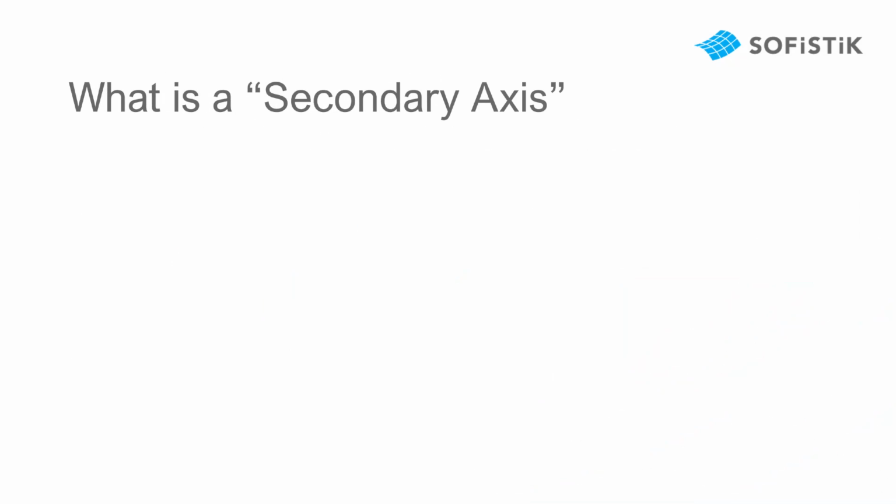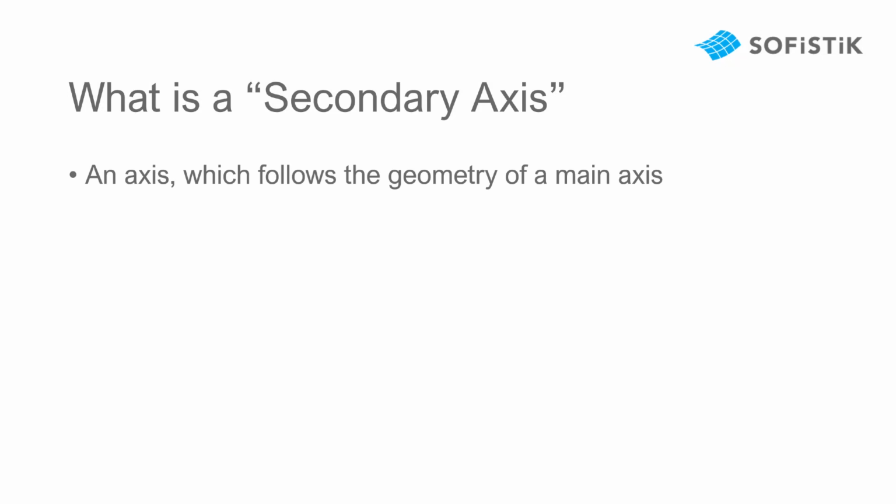Let's start by explaining what is a secondary axis. A secondary axis is an axis that follows the main geometry of the host axis. So this is the axis that you see in blue with the placements along the stationing of the axis. By the way, you can also hide the placements that are placed along the stationing. In the settings of the main axis, you can then extend information to add additional, here in red, secondary axes